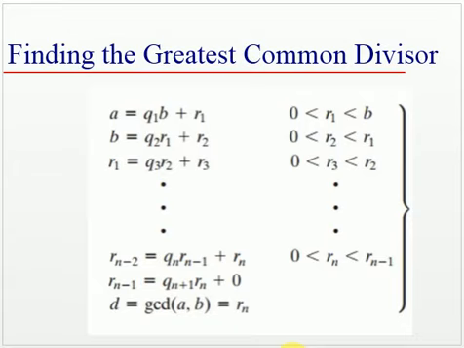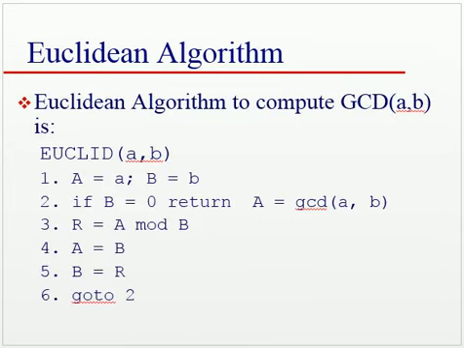So here in this stage we are getting remainder equal to 0, and that is why GCD of a, b is equal to Rn. Thus the method of finding GCD in this way is called the Euclidean algorithm. Thus this Euclidean algorithm is an efficient way to find the GCD of a and b.